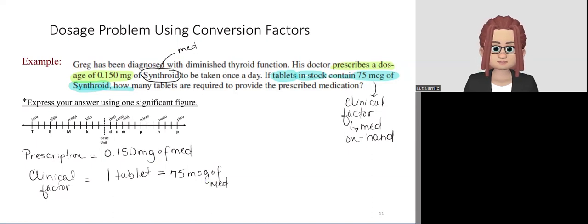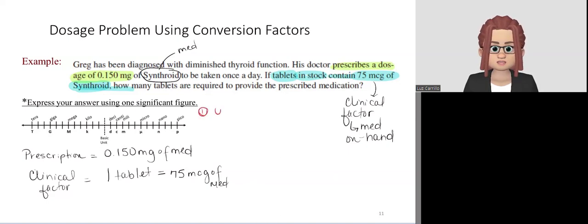In order for us to proceed with this problem, we need to make them match. You can choose to take the prescription and match it to the clinical factor, or you can make the clinical factor match the prescription. I'm going to choose to take the prescription and match it to the unit of the clinical factor. That being said, that means that the first step that I have to do here